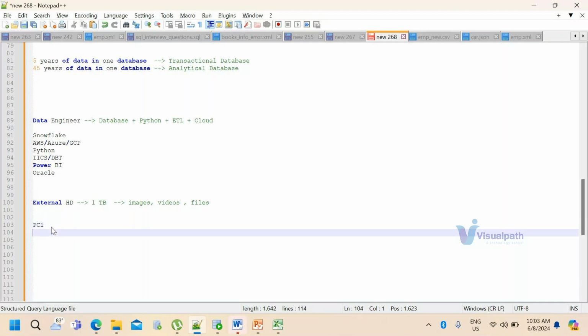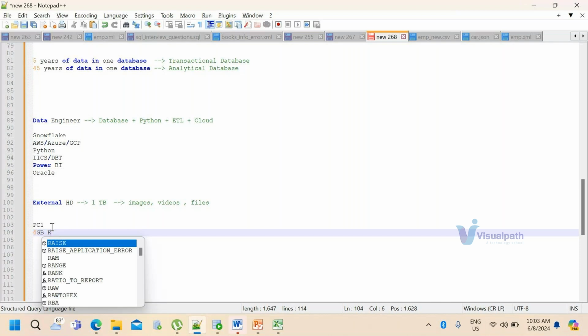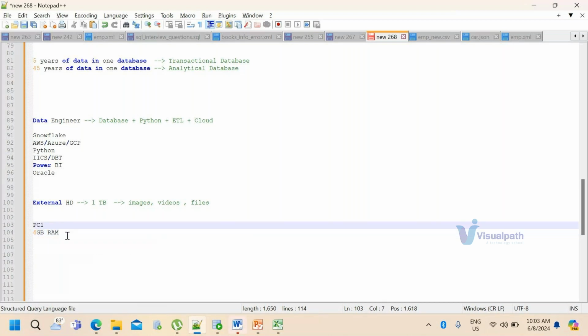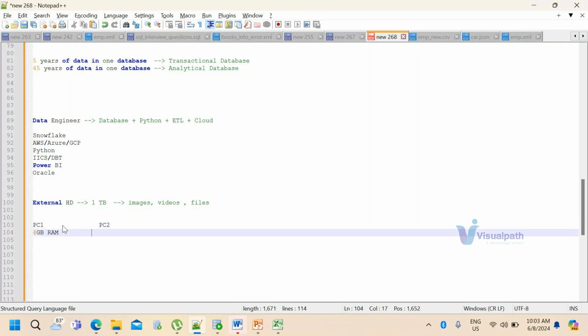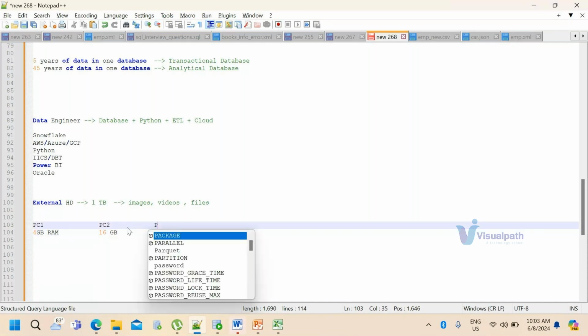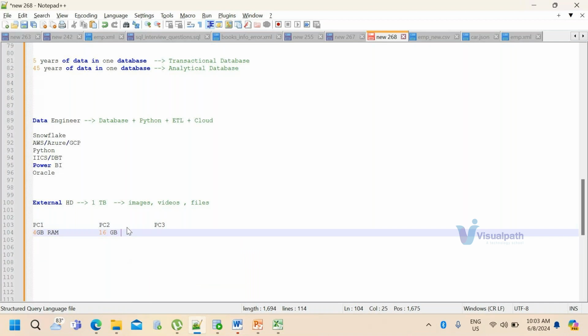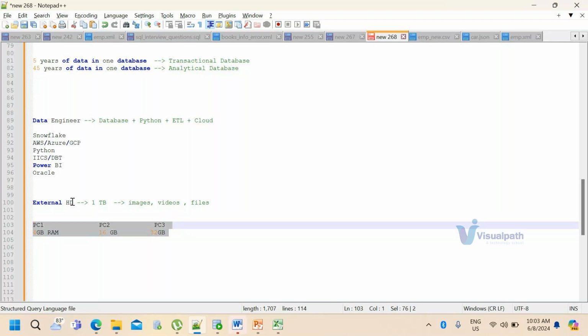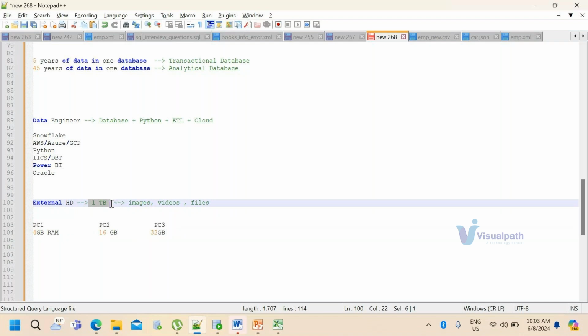PC1 with 4 GB RAM, PC2 with 16 GB RAM, and one more PC with 32 GB. Now tell me which computer will give you better performance if you connect your external hard disk. Which one will give you more performance?